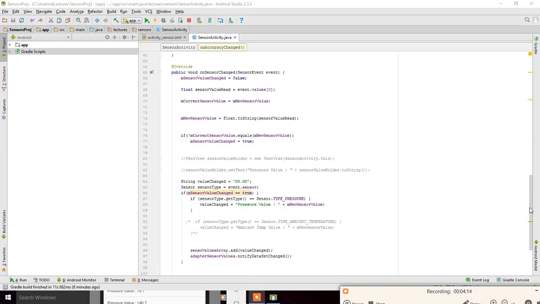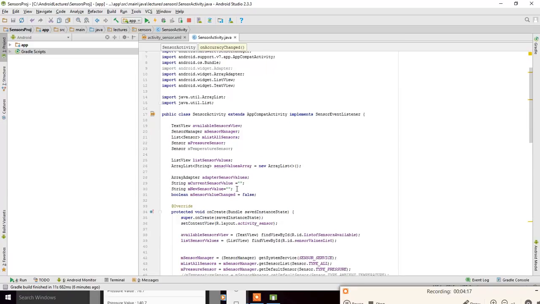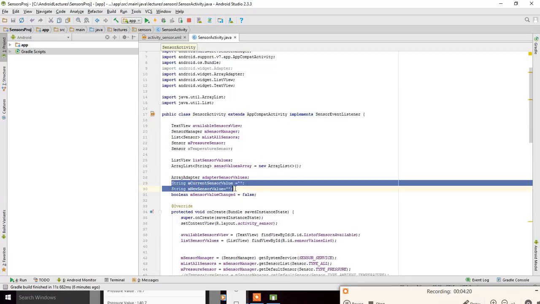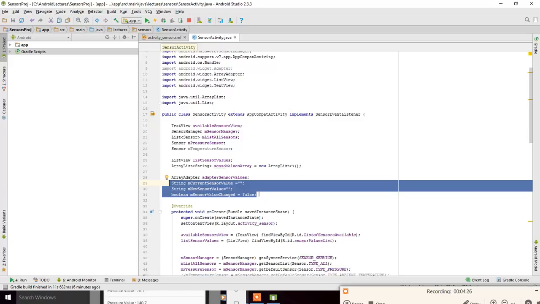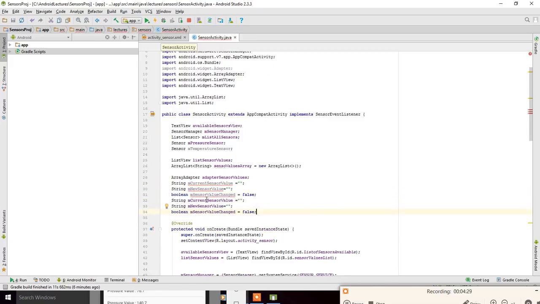This will be actually very simple. We just go up and we change these two. We can have these three values for current, temperature. Okay, let it be sensor. Then new temperature sensor value and M temperature sensor boolean. And now we name these two as M current pressure sensor value. Just copy this pressure